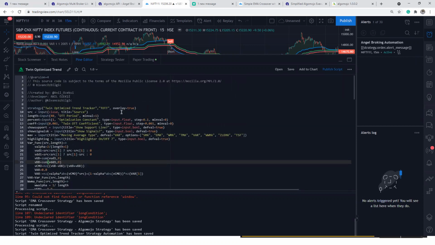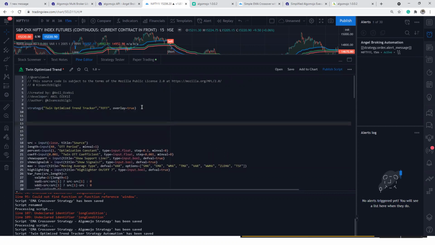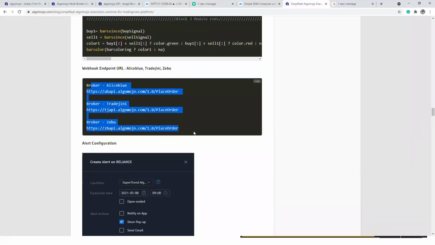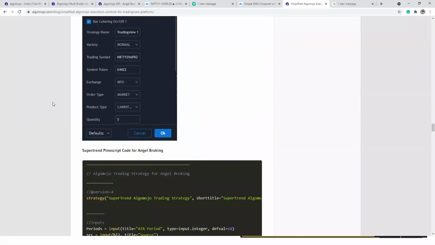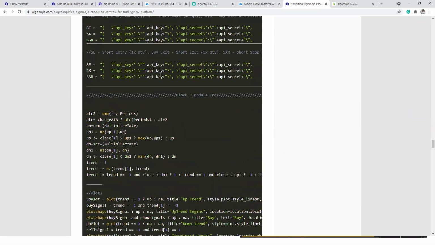Now the process is very simple. Next to the strategy, I'll go and add it for Tradejini, right? So go to the same blog where I had published for different brokers. Here is the endpoint for the broker, tjapi.algomojo.com. And the code is over here. This is for Angel Broking.